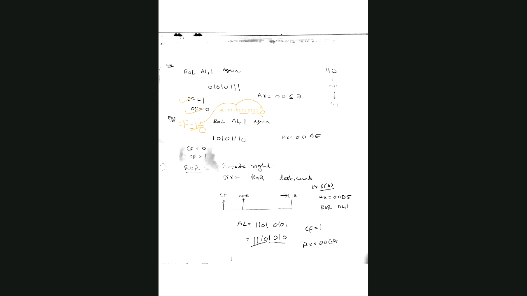A is the correct answer, because when you do left shift, the 0 is copied in. Earlier carry flag was 1, but now carry flag is 0, so you get overflow flag as 1 and carry flag as 0, and the value of AL register will be AE and AX register will be 00AE. Okay. Doctor,